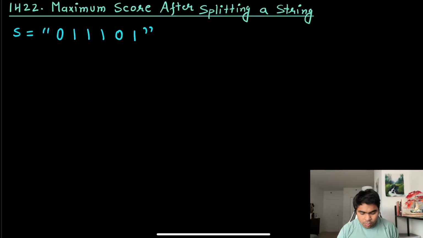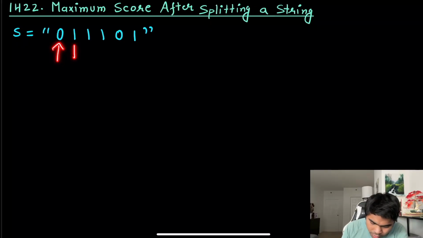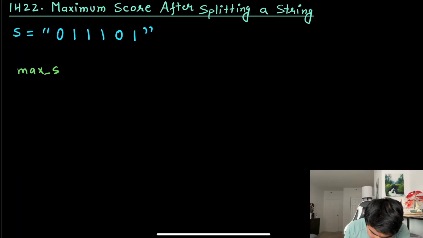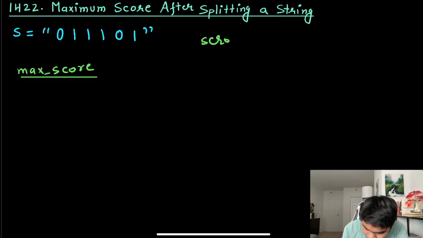So let's go to iPad. Here they have given us this string. It's a binary string, which means it only contains 0s and 1s. Now we need to return the maximum score. What is the maximum score? Maximum score we need to return. But before we return that, what is a score? Score is